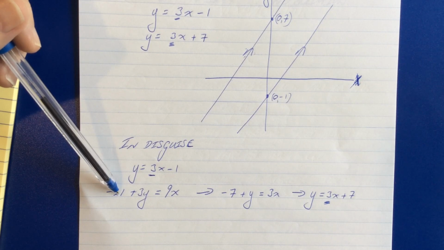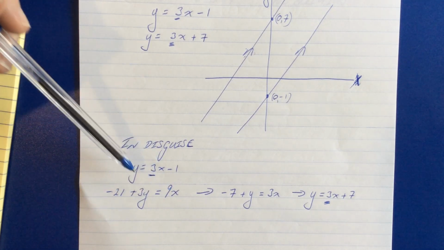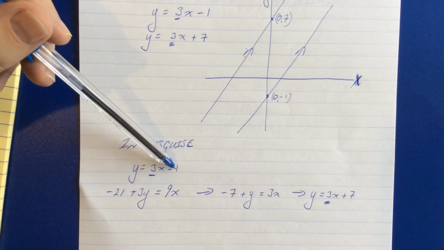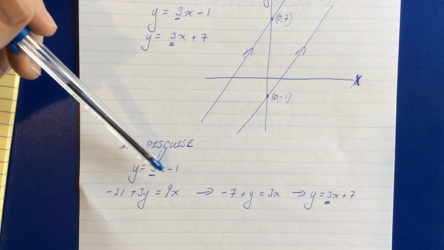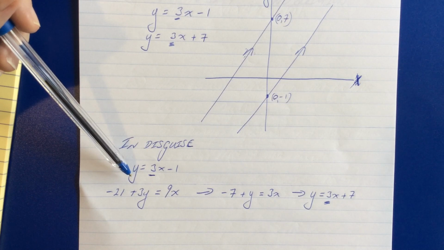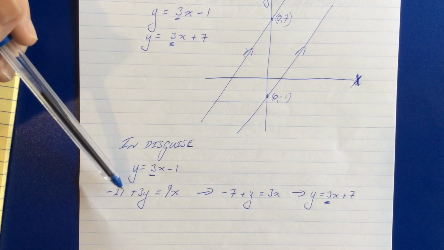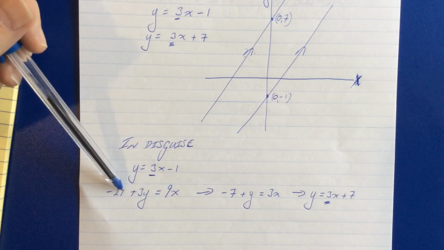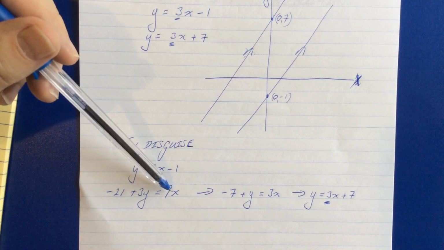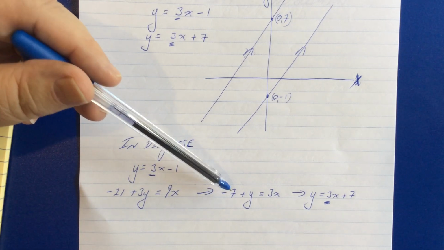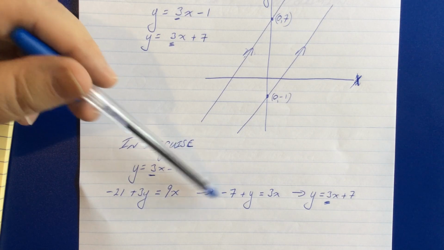And what has to happen is this equation has to be rearranged into this format with y, the gradient, and the y-intercept set out like that. So what do we do? Well, we look at this and we say, well, 21, 3, and 9 have a common factor. That is 3. So the first thing we'll do is divide through by 3, and we'll wind up with